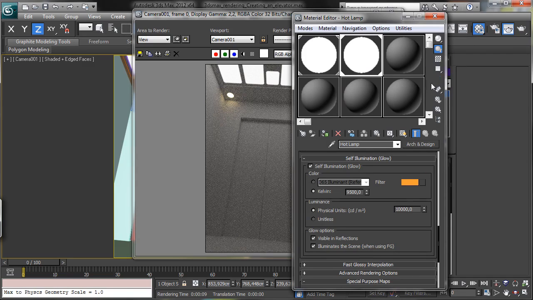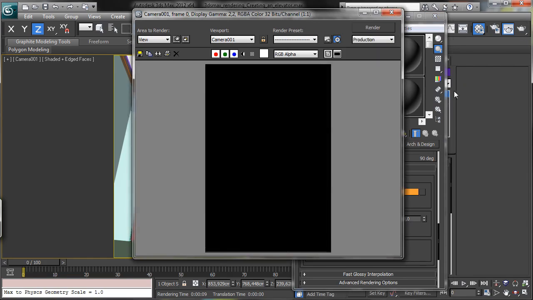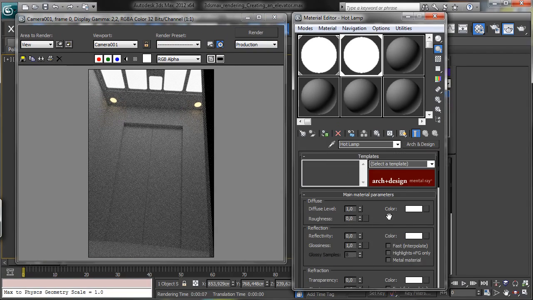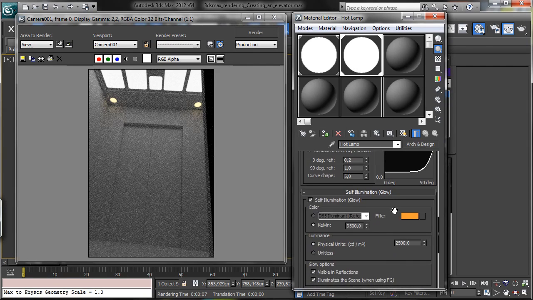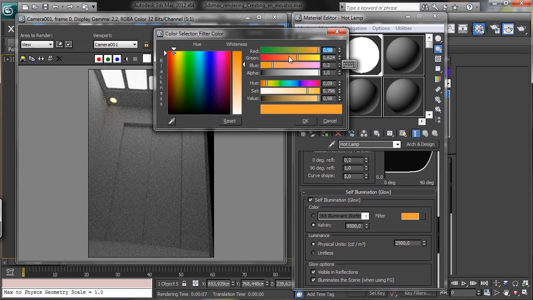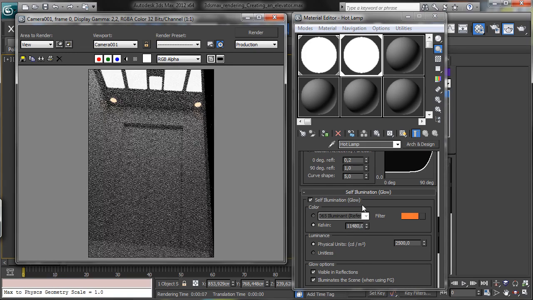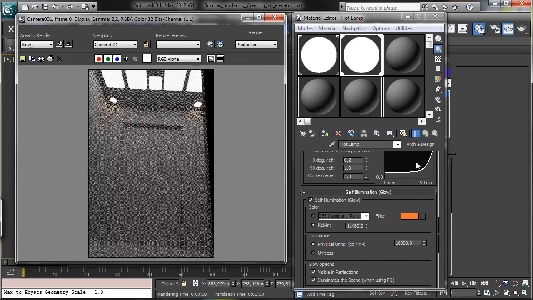Okay. Let's go back to maybe 2500. So we have a little bit less lighting actually, but let's go there, and I like to have also the basic color in this way, and same thing there, more orange, and let's see to have a really high amount of Kelvin degree, and let's go with a higher power. Let's try 10,000. Okay,